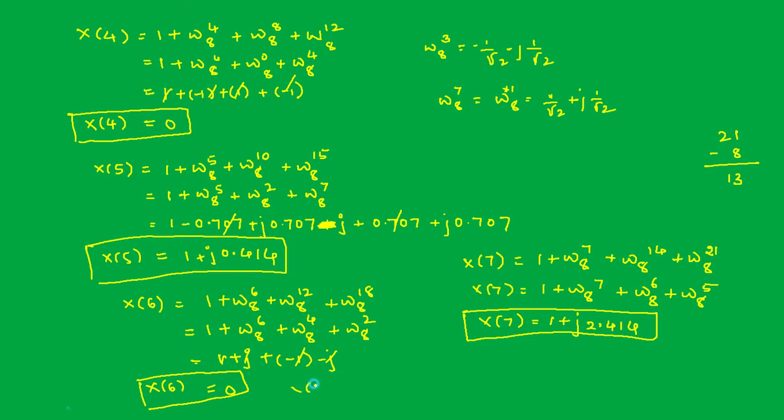So these are the different frequency samples in the DFT sequence. So I will write down x of k is equal to, what is the first sample? The first sample is 4, then the second sample is 1 minus j 2.414, third sample is 0, fourth sample is 1 minus j 0.414, next sample is 0, next sample is 1 plus j 0.414, next is 0, and the last sample is 1 plus j 2.414. So this is how we calculated all the samples in the DFT sequence, that is the 8-point sequence, right?